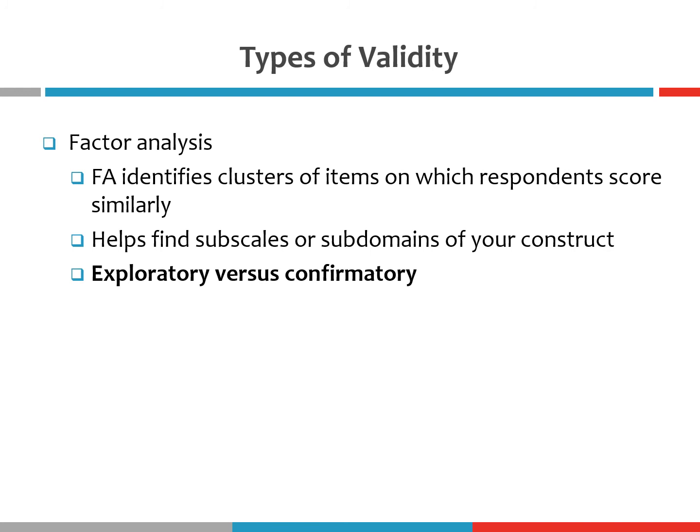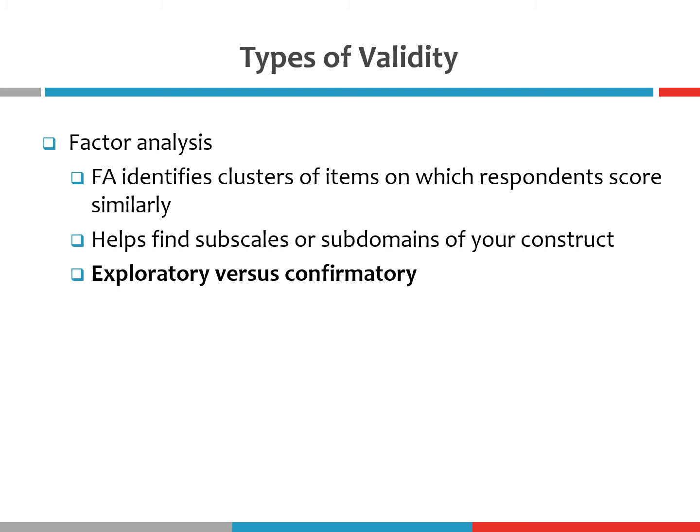of your construct, right? So for example, if you do factor analysis and you find that your respondents score high on item number 1, and they also score highly for 4, 5, 8, and 13, right? That would be good evidence to conclude that that might represent a subscale, right? And similarly, if they score high on question number 2 and also 3, 6, 7, 12, and 14, okay, that would also be good evidence of a subscale, okay?